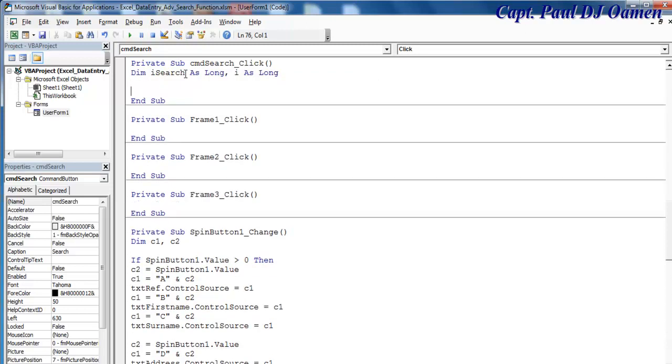Now let's say I search equals whatever I have inside my worksheet, open a bracket, and that is going to be right inside the sheet 1 itself. Okay, and I'm going to then close that and say dot range,